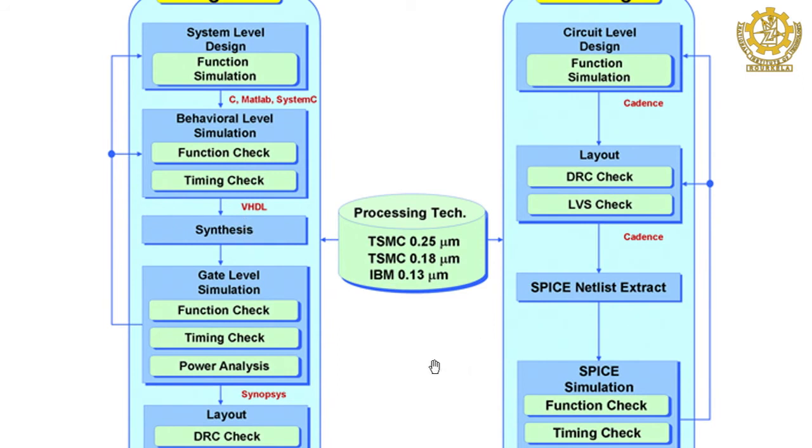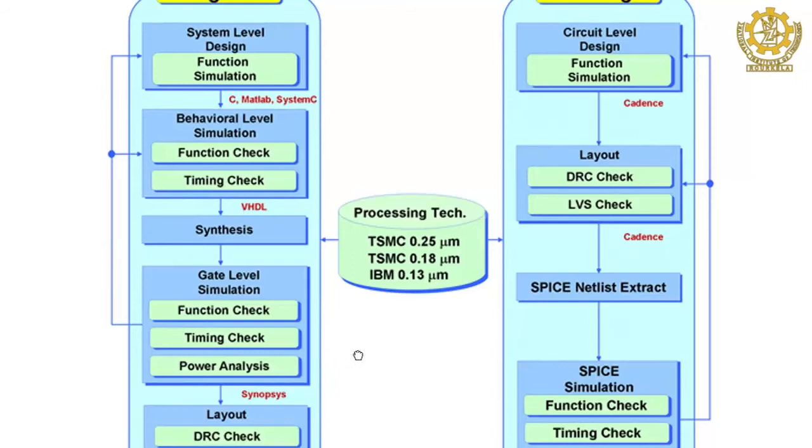Okay. Now synthesis has optimized algorithms written which will replace those SDL gates by these real gates given by the vendor. Are you getting my point? Okay. So, finally as the output of the synthesis you will have a gate level netlist which contains real gates given by the company.